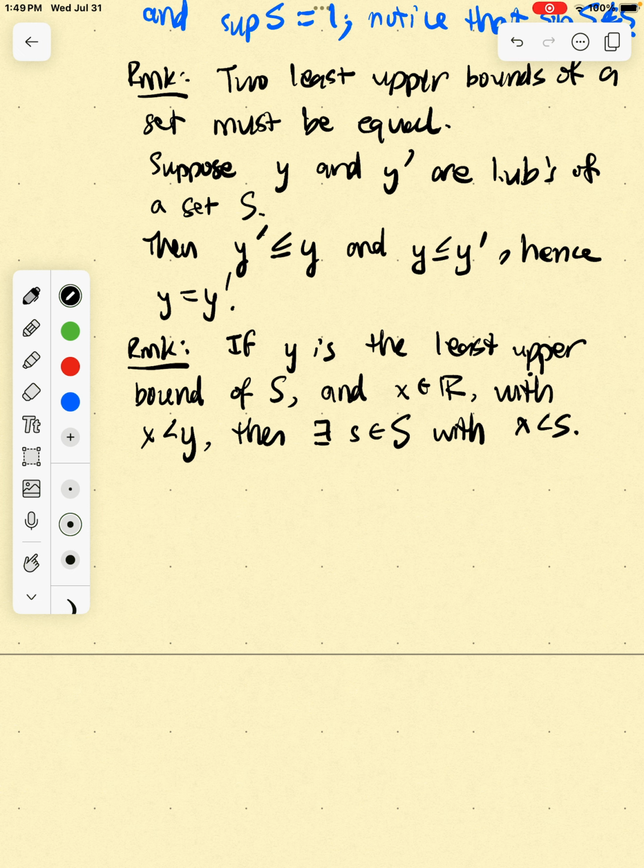So let's say this is your real number line, and let's say S was something like this. Now, if y is the least upper bound, in this case it's here. If you have a real number x that's less than y, so maybe x is here, then there must be some element of S that's greater than x, and that's because